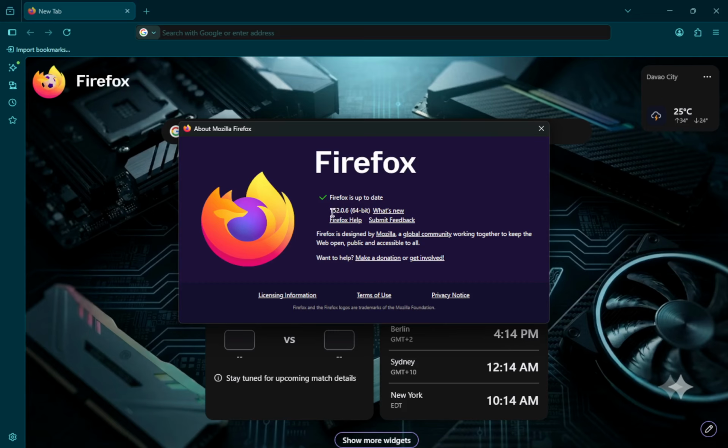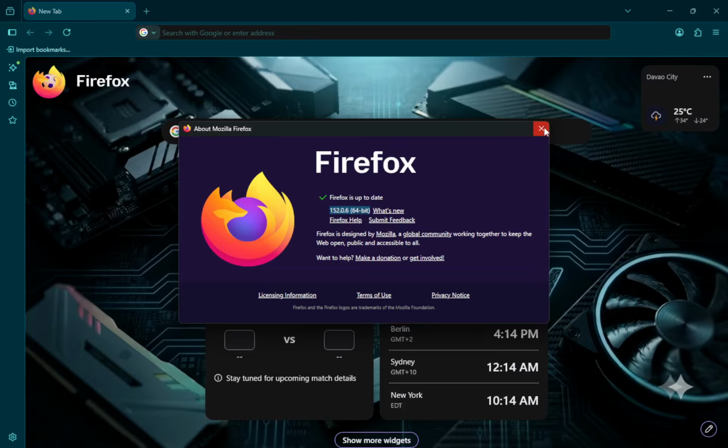Now, Firefox will automatically check for updates and download any available updates. You will see a progress indicator as it works, which might take just a few moments. This step is vital because keeping your browser updated ensures that you have the latest security patches and features. It's reassuring to know that Firefox takes care of this process for you, but you can always initiate it manually if needed. When the download is complete, click Restart to update Firefox.